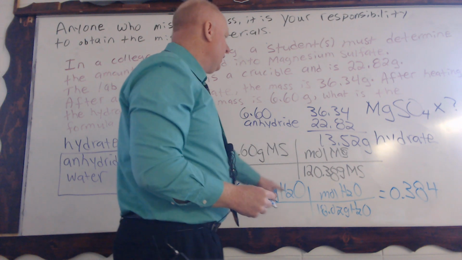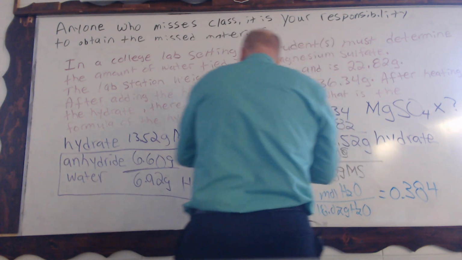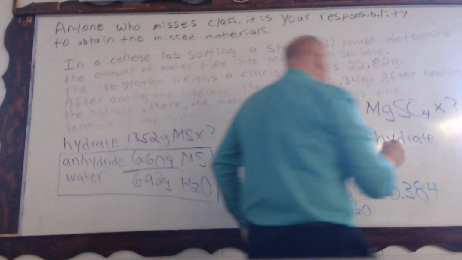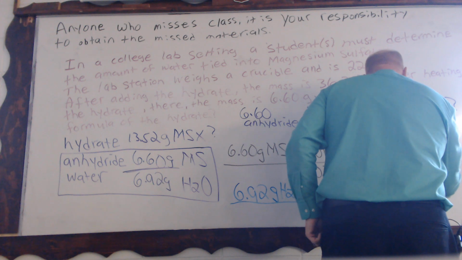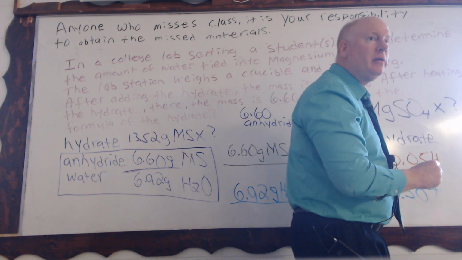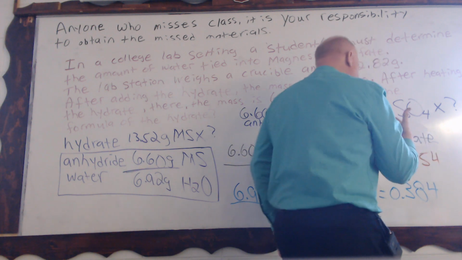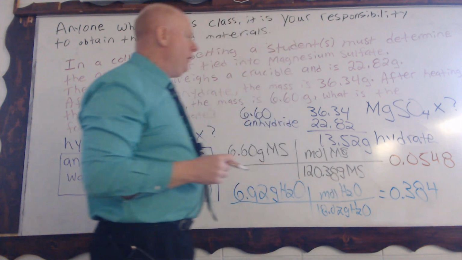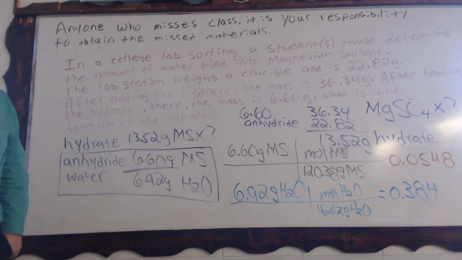Oh shoot, I did this one. I'm sorry, what do you get when you divide those two? I'm getting a little ahead of ourselves. 0.0548? Okay, 0.0548. Okay. So now that you've got it down to this step, okay,